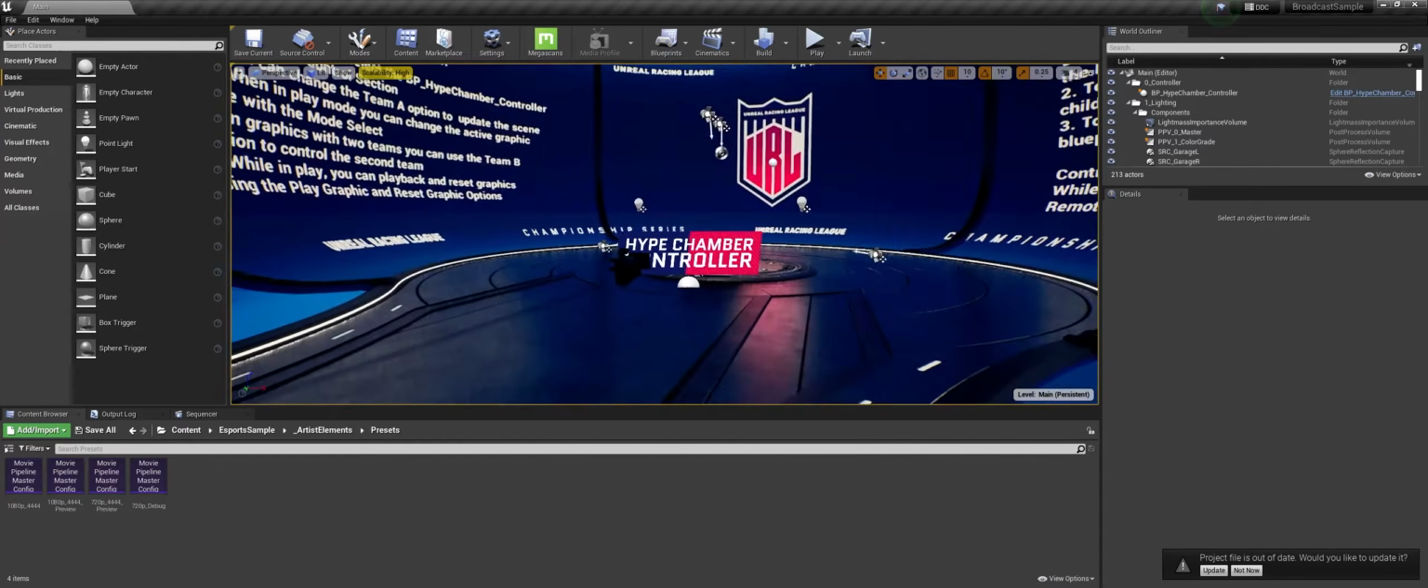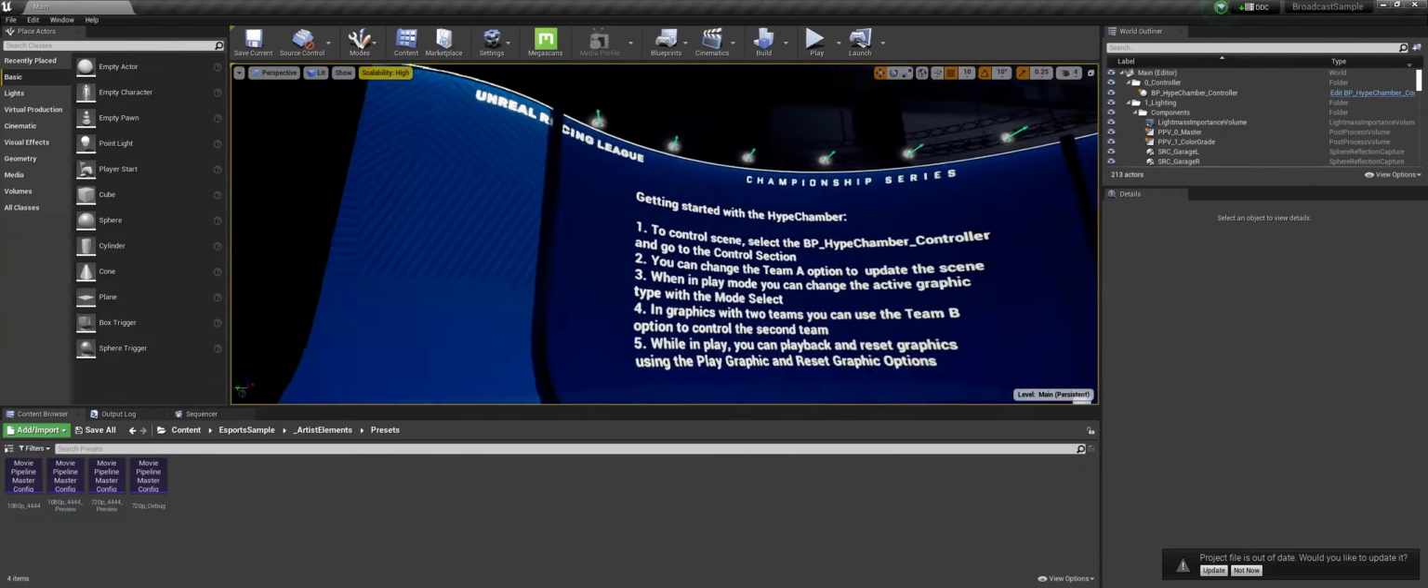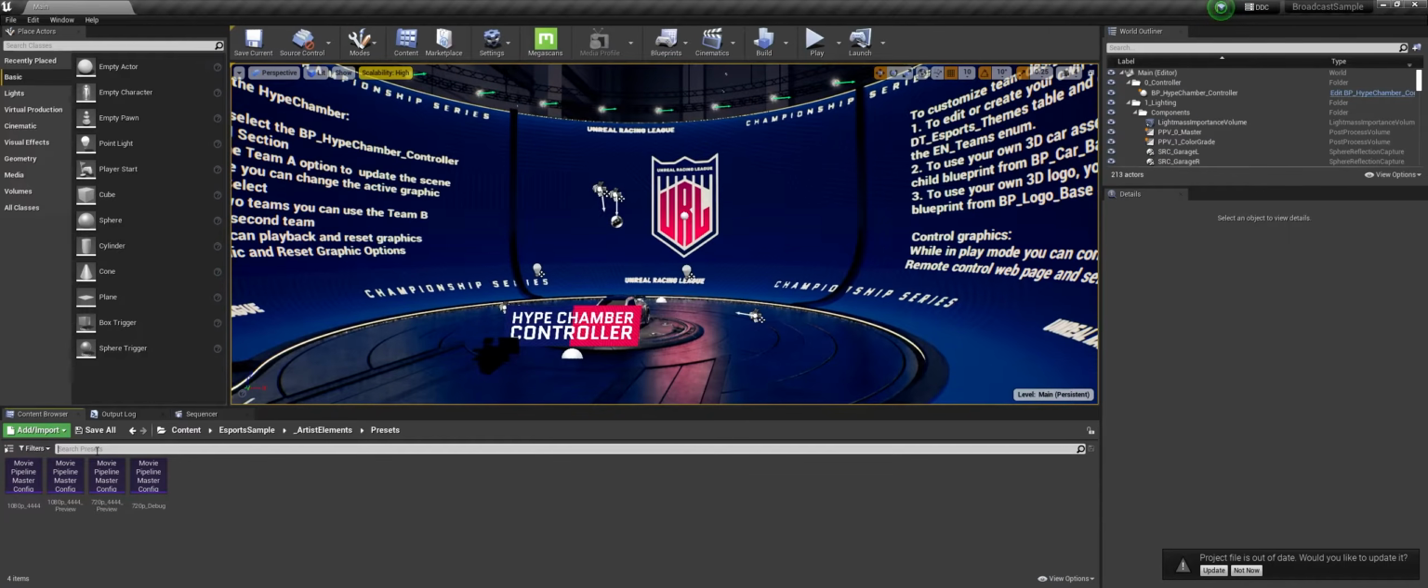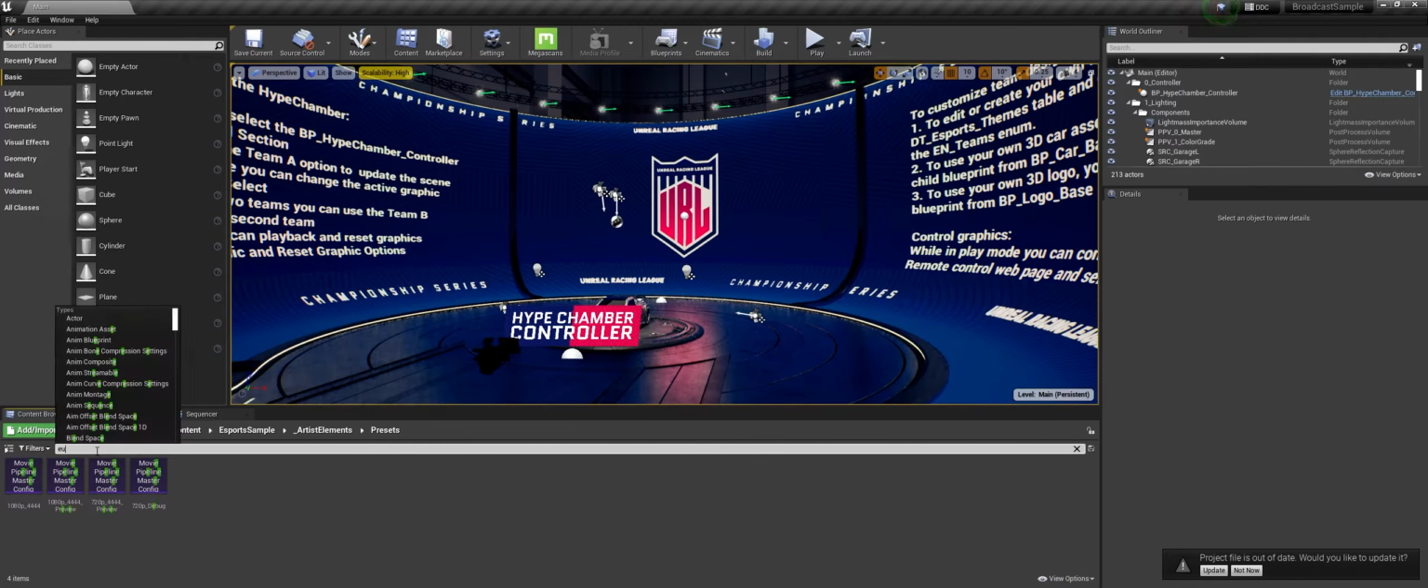So now we have the project open. You can see the different instructions on the sides. Make sure to read up on them if you decide to use it. So if we want to make a render of one of the preset animations, we're going to